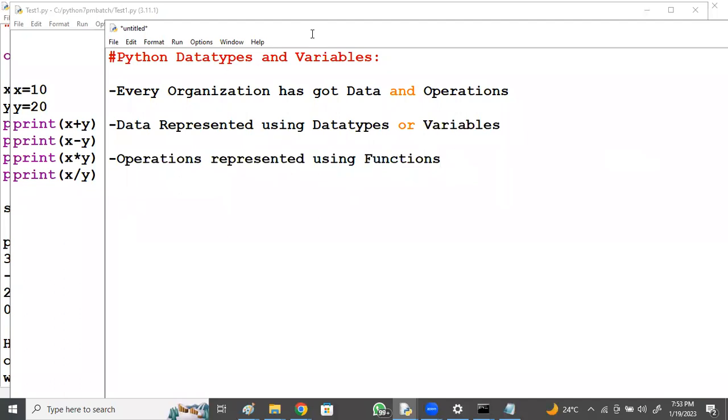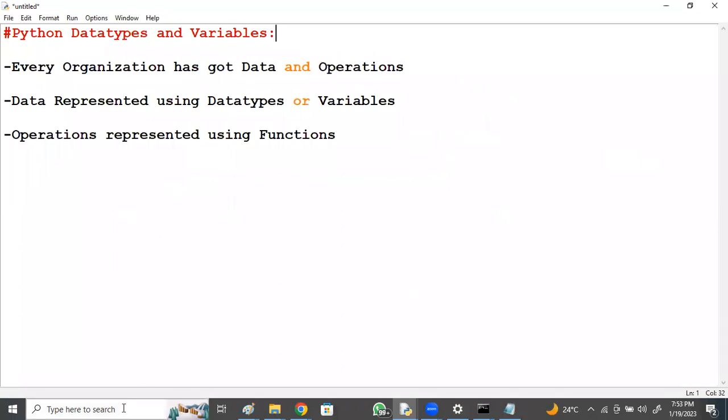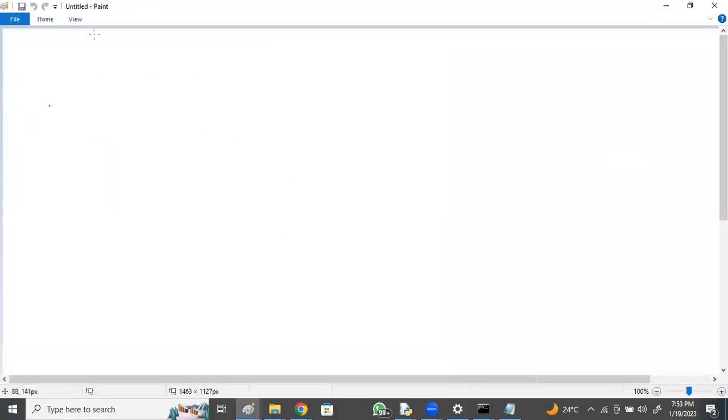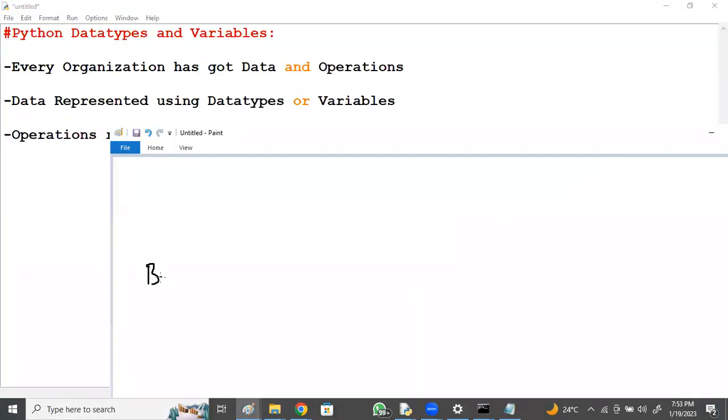For example, observe this. I'm taking the example of a bank. Bank consists of what? Customers and employees. Please be on mute.